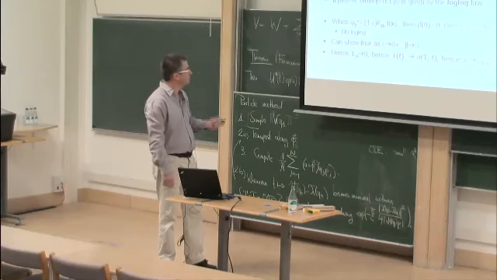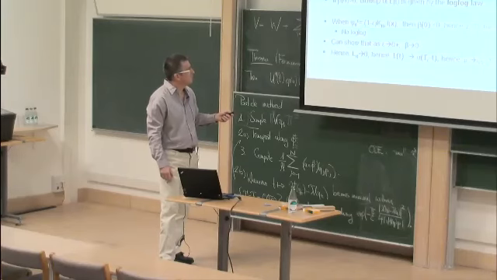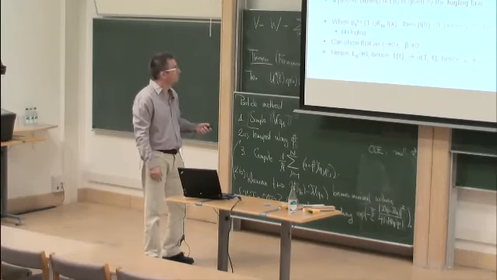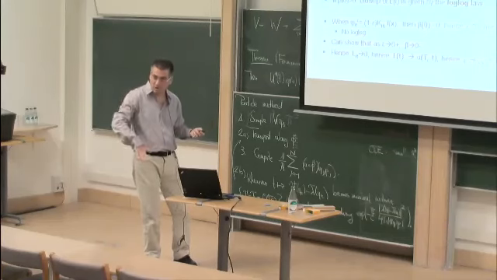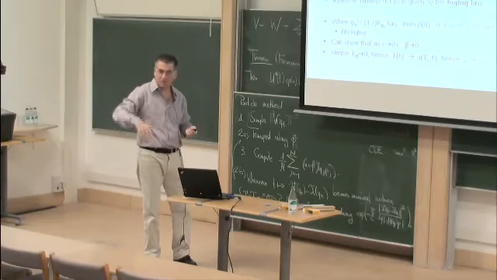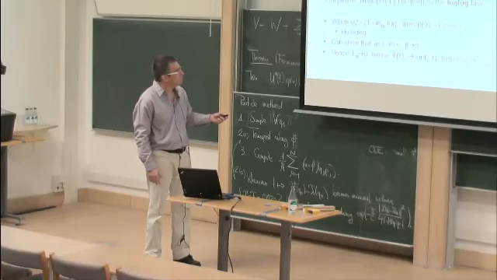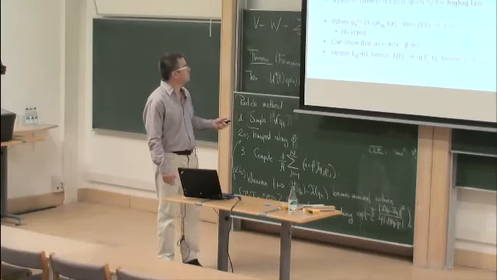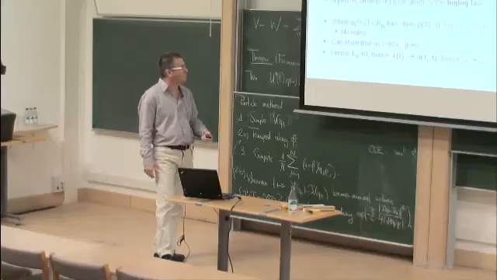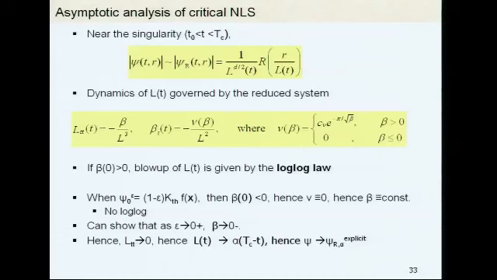But now we are in a different situation, because when we take our initial conditions, there are globally existing solutions. And therefore, you can show that this implies that beta is negative. So if you come not with a singular solution, but below the threshold power for collapse, beta is negative, so nu is 0. And therefore, you don't have this term which gives you the log log law. You rather have just beta equal constant, because this is 0. So there's no log log, and as epsilon goes to 0, beta goes to 0,